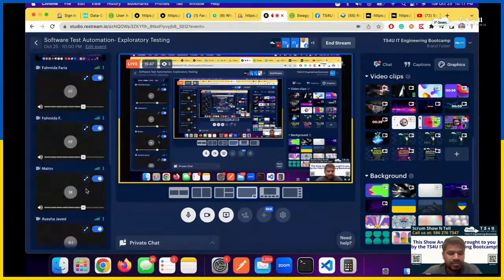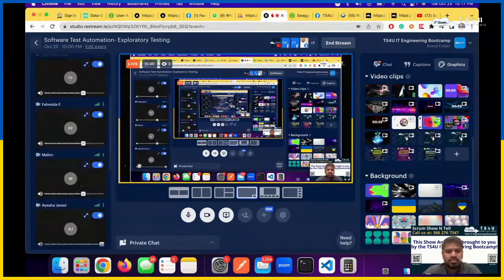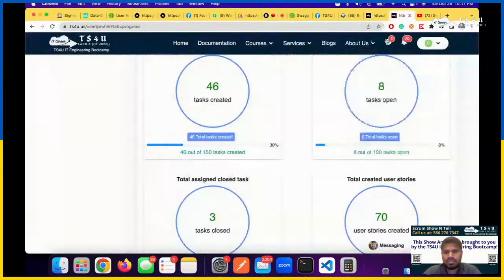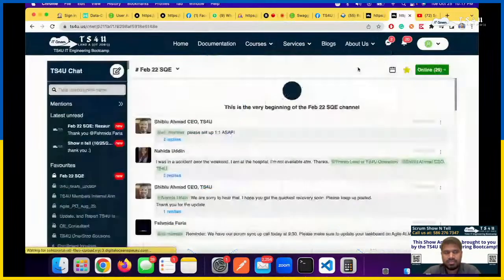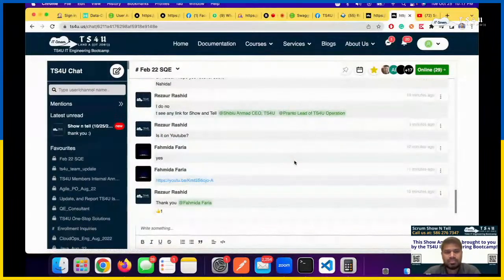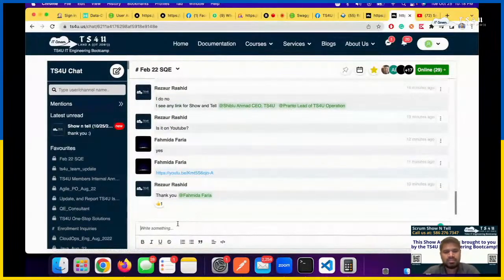Okay, let's go, Mahin. So I'm gonna test Agile ALM and the TS4U first separately. Then I'm gonna make changes in one platform and go to the other platform, see what changes in one platform do in the other platform. I'm gonna do integration test in between them.